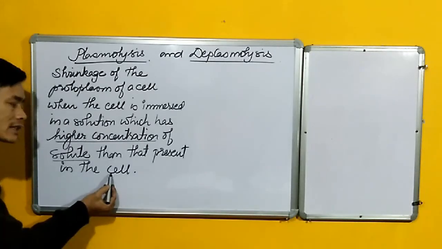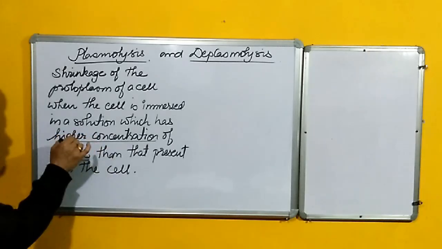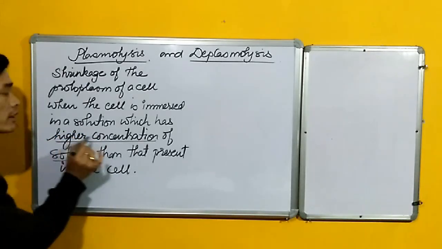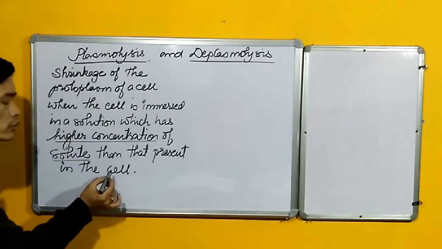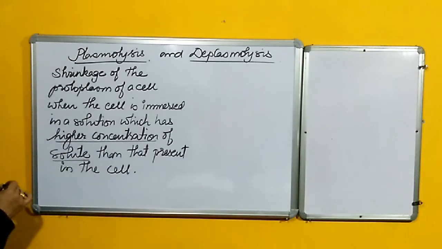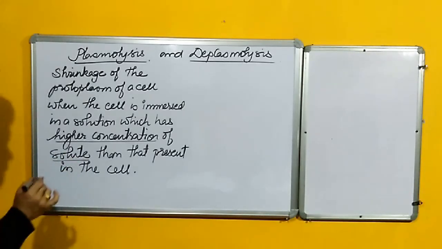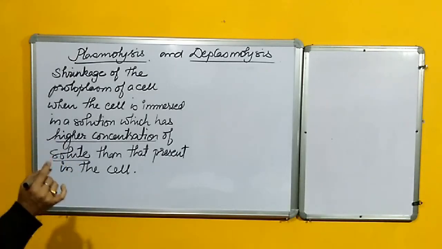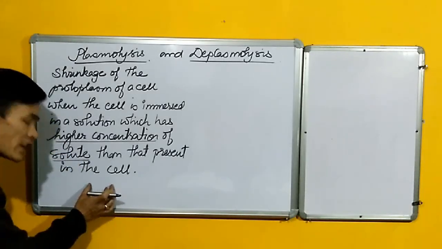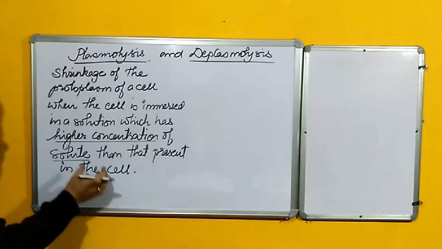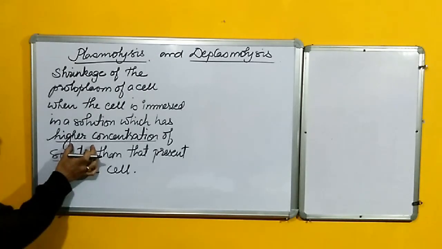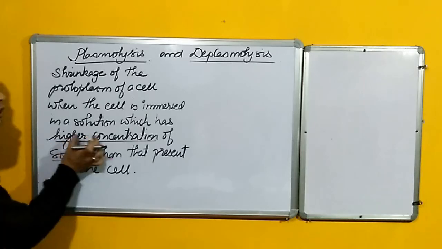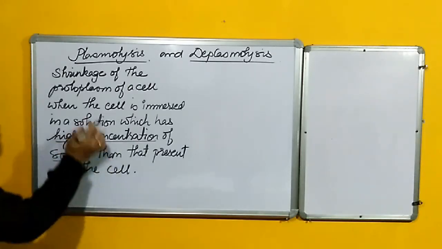That means this cell, immersed in a solution having higher solute concentration, will begin to lose water, as a result of which the cell will begin to shrink. This shrinkage of the cell when kept in a solution having higher solute concentration than the cell is called